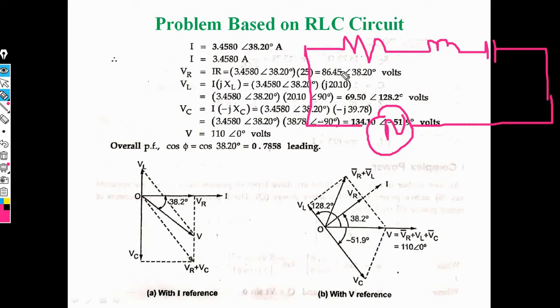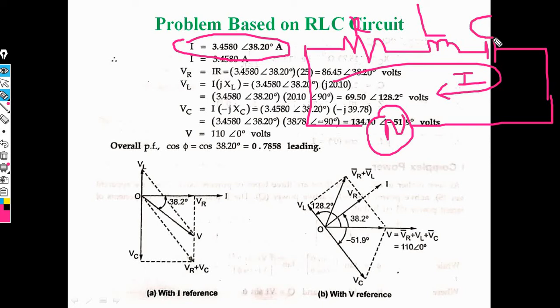In RLC circuit, current I is flowing, that is 3.4580 less than 38.20 with respect to R, L and C. Now here angle is given and cos phi is the cosine of the angle between voltage and current. Then we are taking this angle of I. This phi is equal to 38.20. Put phi is equal to 38.20. Then obtain